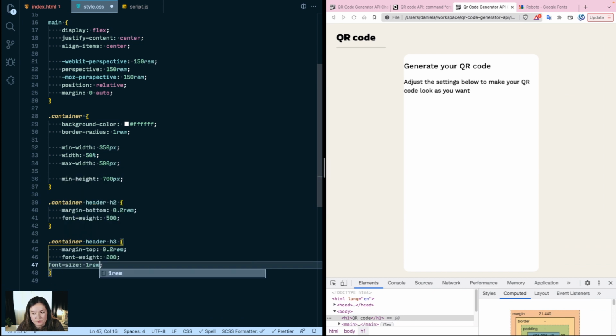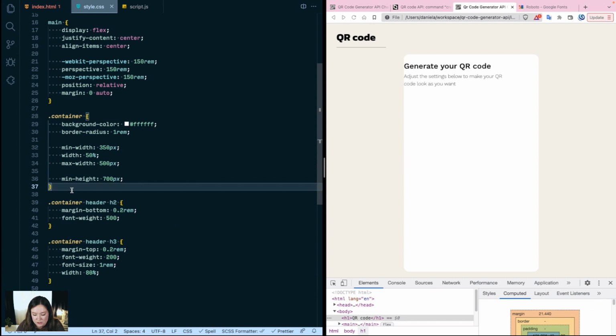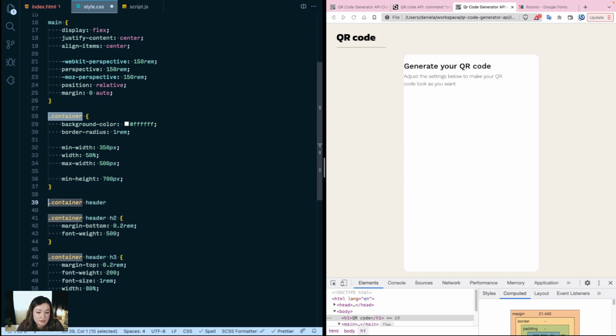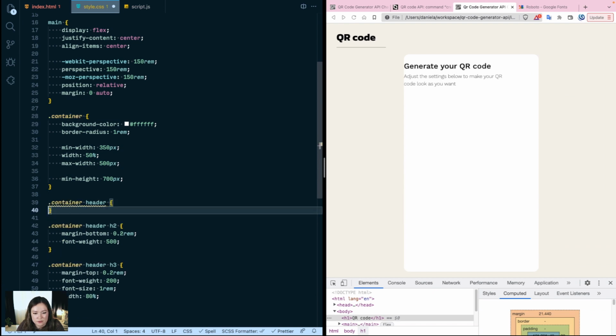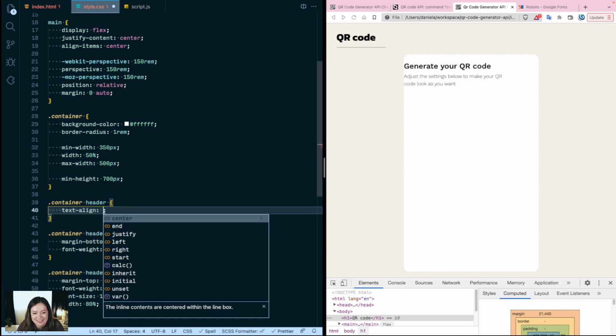So usually h3 is a little bit bigger. We want to put it a little bit down, and the width is going to be 80%, just because. Also, the whole header needs to have some adjustment. Container, header. You could also do just header, really. It doesn't really matter, but since we already started container header, I usually look at what's above it and then continue it. Maybe that's also BS. Text align, center,